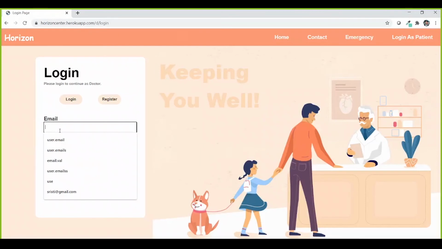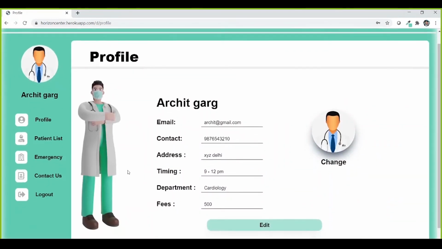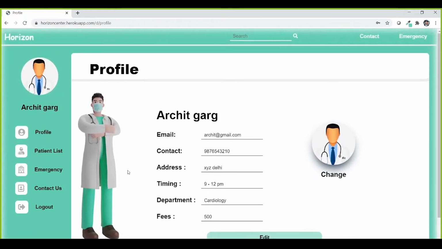Once the doctor logs in using the login button, he gets directed to his profile page, where he may edit his details and change his default picture, just like the patient's profile. Doctors can search for patients by email ID in the search bar in the header and are directed to the patient's profile.